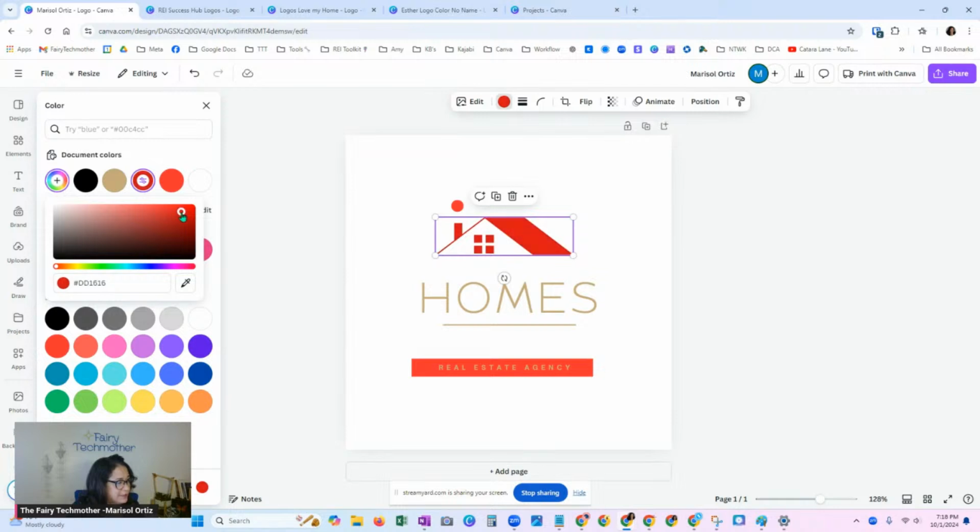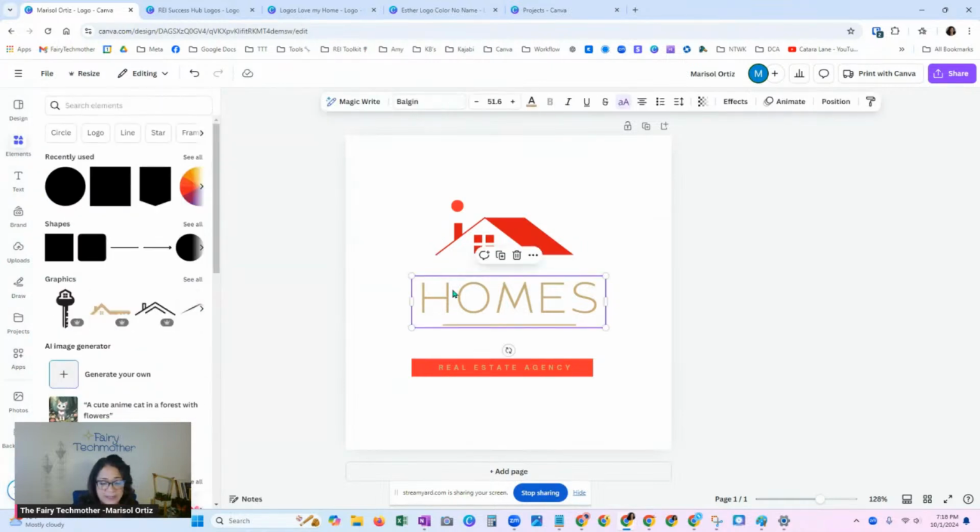Once you do that, you want to take this, we call this the hex code. For instance, this particular nice bright red is DD1616. You want to write that down. What I like to do is take a screenshot of this, write the hex code down, save it in a document, and put that in my client's brand folder. So all the colors you choose, you want to write down so that your brand is consistent, right? Your logo is going to match, your signature is going to match, whatever ads you design. Obviously you can add other colors, but you definitely want to keep a theme across all of your branding.